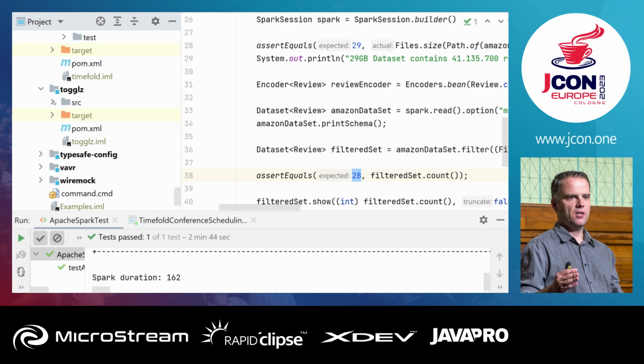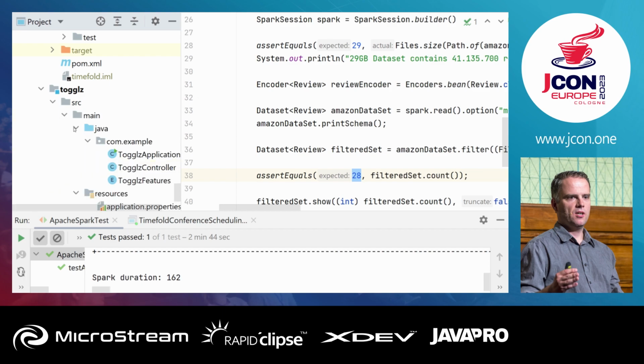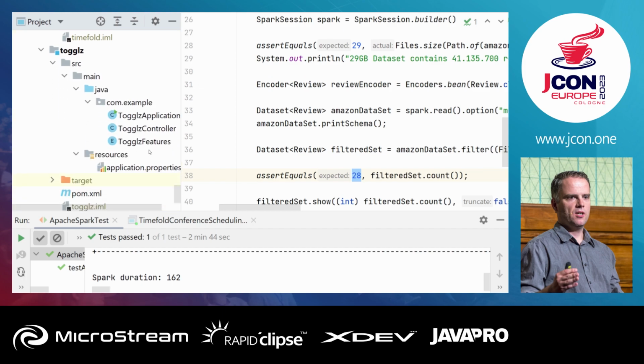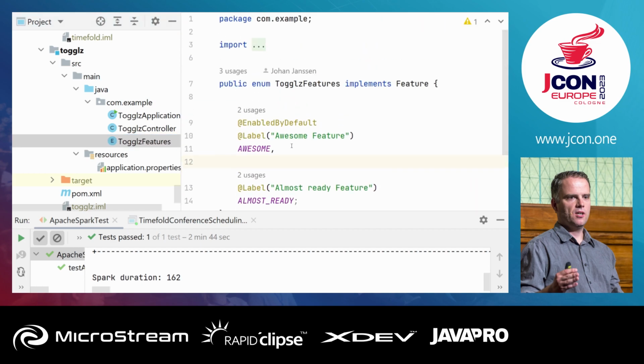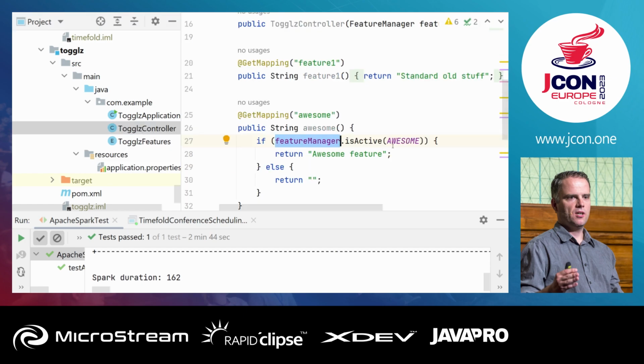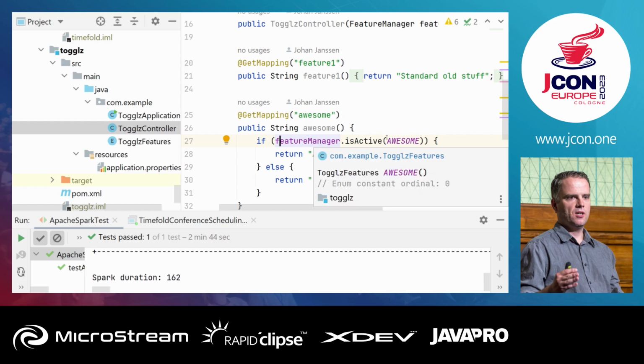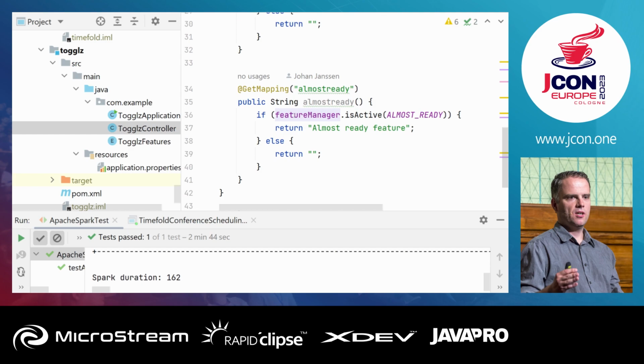But if you want an easy start with those feature flags, there is a small application to help you with it. It's called Toggles. With Toggles I can basically define my features. So I have an awesome feature and I have an almost ready feature. This one is enabled by default, this one is not. I have a controller, and in the controller I use that feature manager to check if one of those feature flags or toggles is active. Same one for this one. So if I start the application,